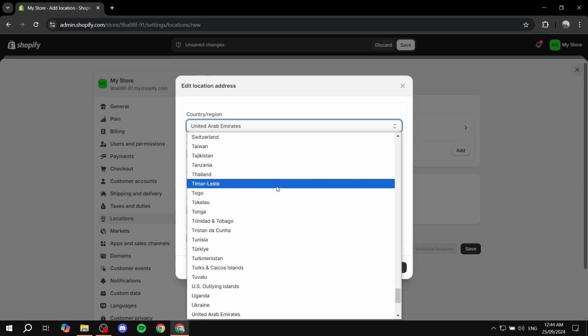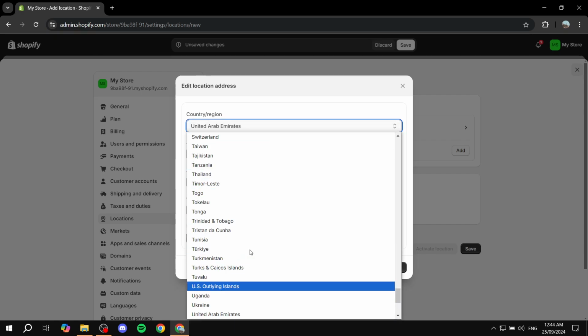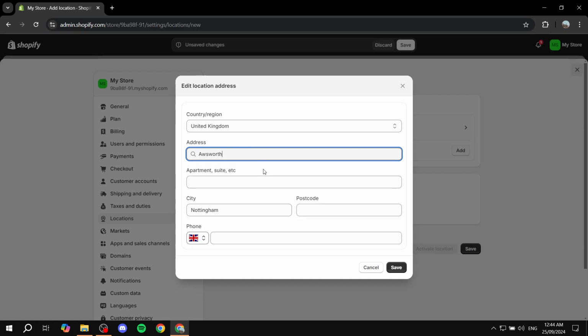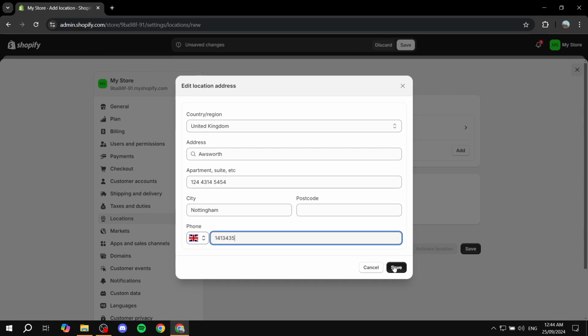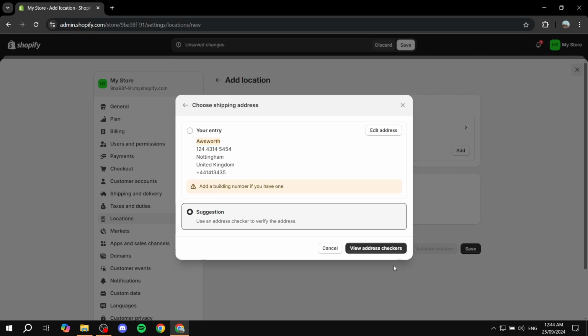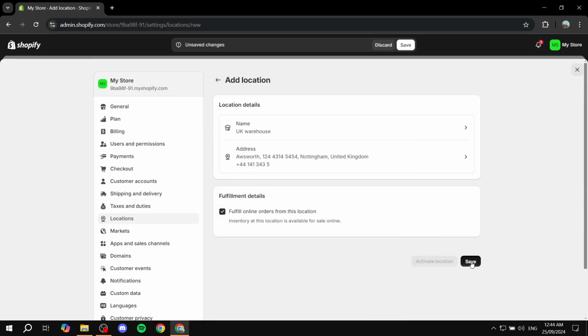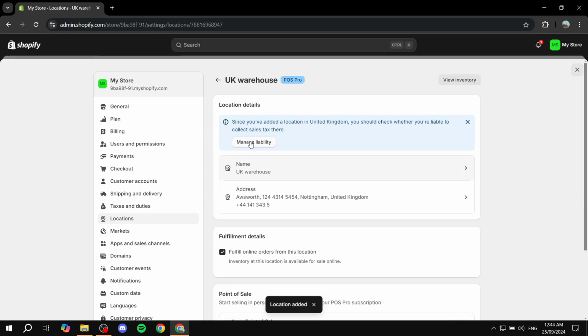You would want to just click on address, UK or any country that you want. Address. Is there anything here? Yep, there you go. And then I don't know, random stuff here. Also random stuff here. So just go ahead and add your random stuff here. Obviously you would know the address of the location that you want and everything, but you want to just go ahead and click on save, and we're pretty much good to go. You just want to actually mark as valid and click on save,